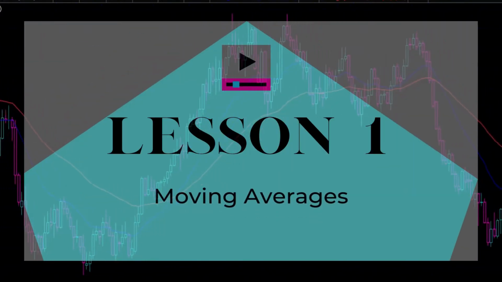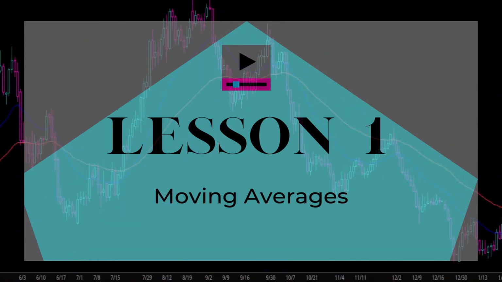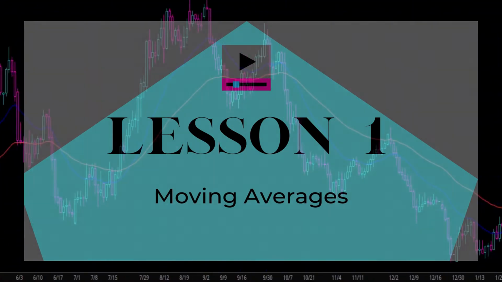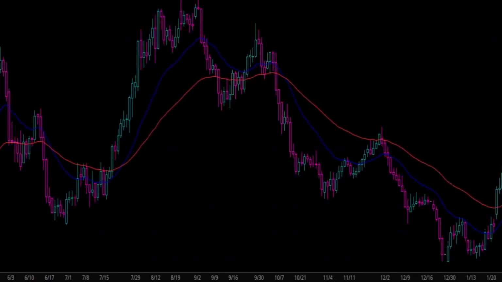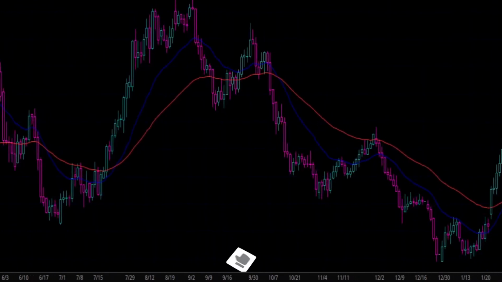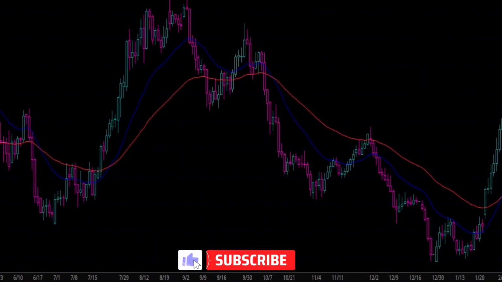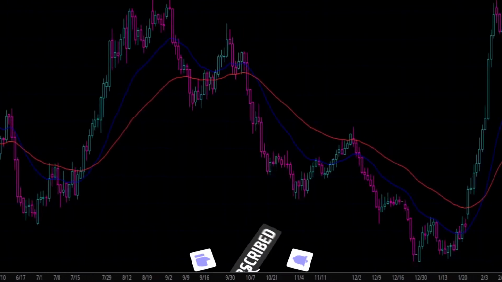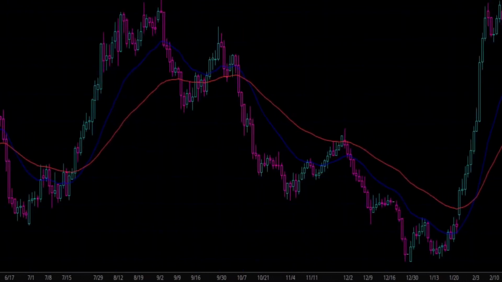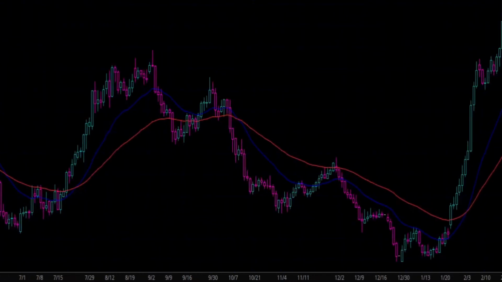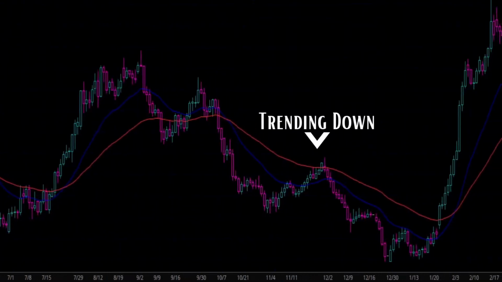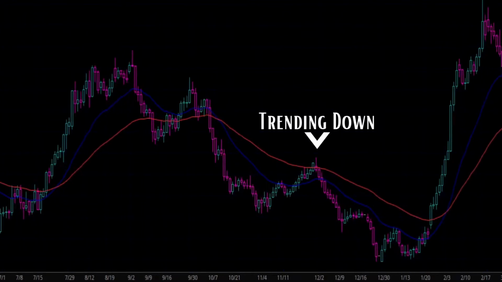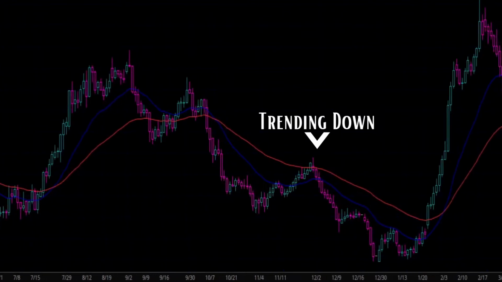Lesson 1. Moving averages. So why do we even use moving averages? Well, moving averages can actually be very beneficial in trading. While the moving average itself is simply a representation of the average of past prices, we can use this data in a couple of different ways. First off, moving averages will make it clear and easy to identify when price is trending. In a trending market, price will continue to pull further and further away from the moving average as the trend